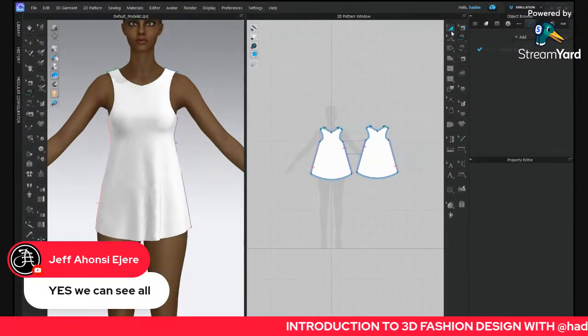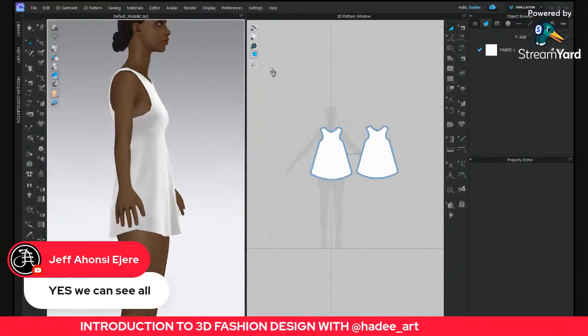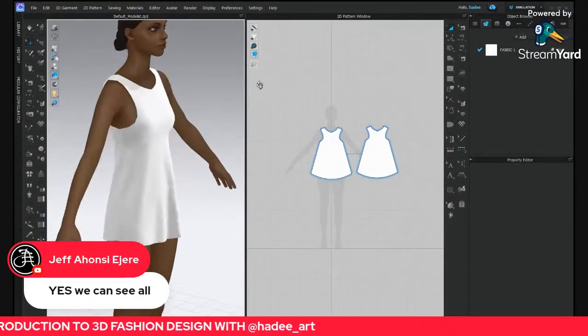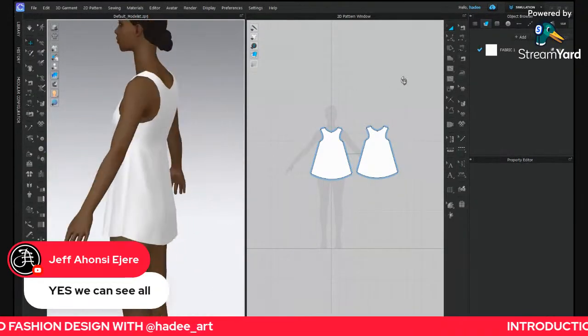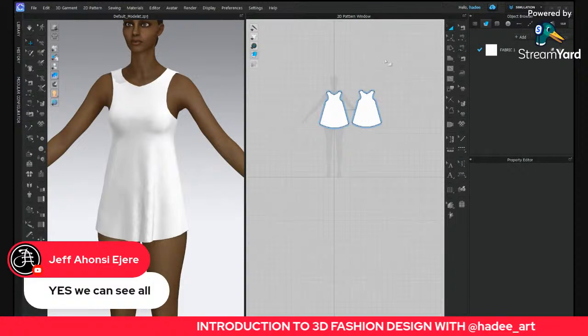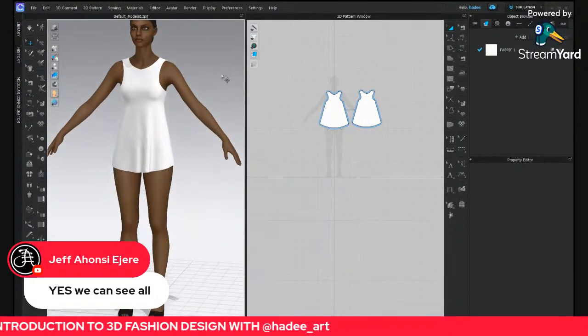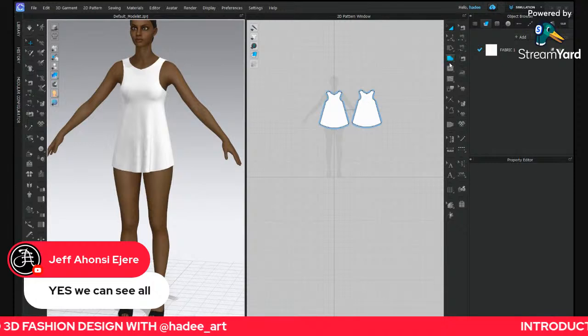I made these references for people that feel, oh, I don't know how to create, I can't get into this thing, this and that. So this is just a short reference of what you can do even if you don't know how to create or you don't know how to do anything. Then we can go further. And so if I want to go further and still add some detailing to this,